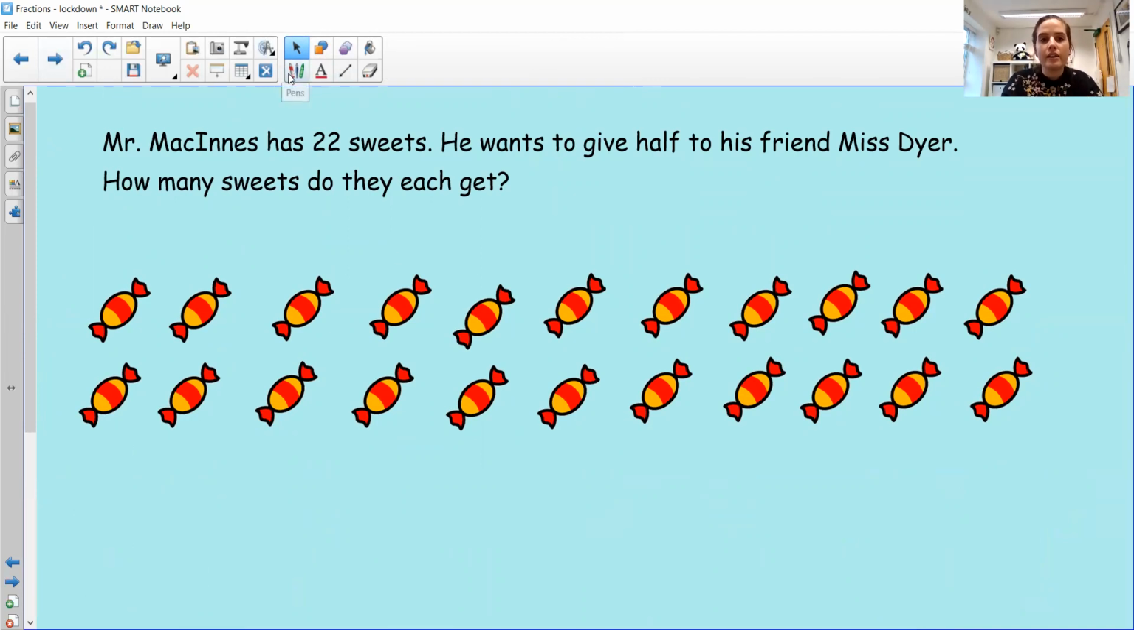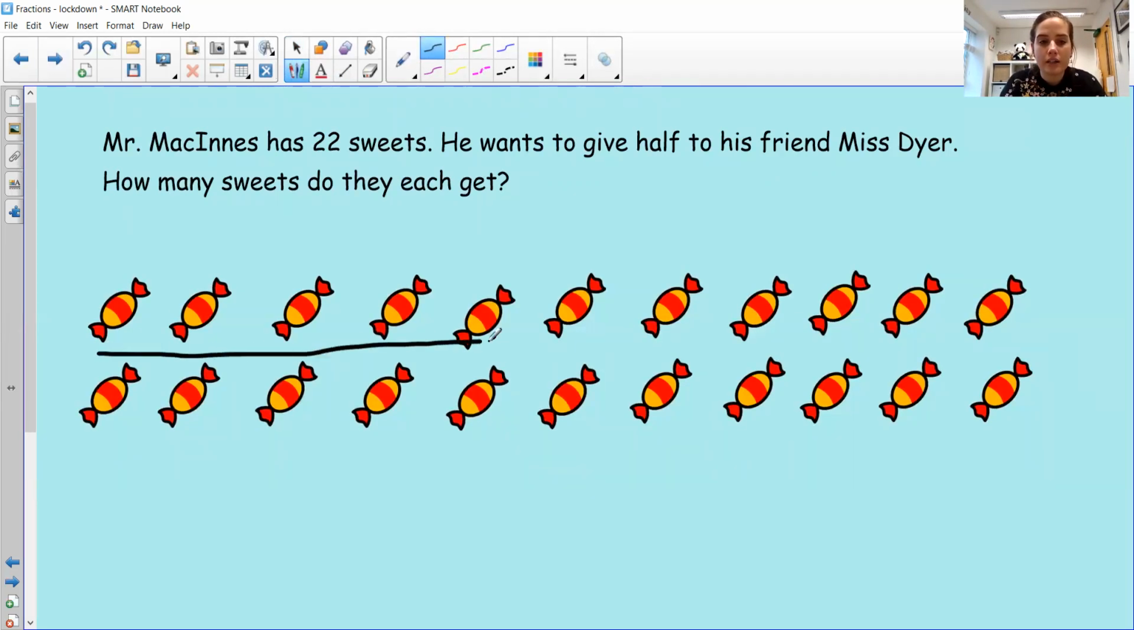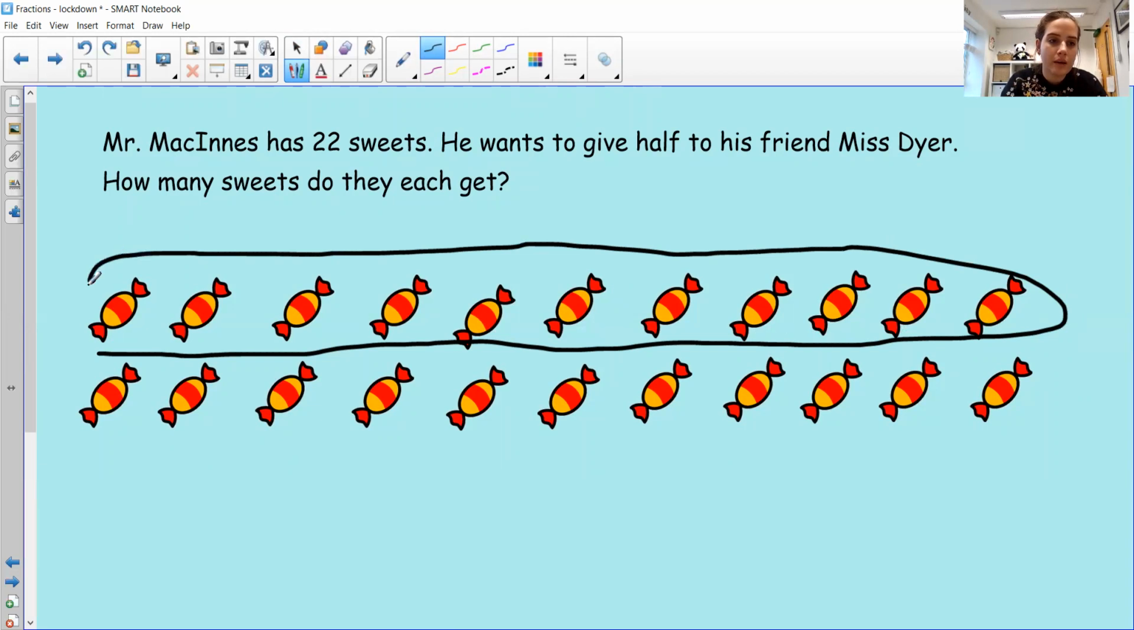Now, actually, just looking at this without even counting, I will double check my answer afterwards. I can see that I've got 2 rows. So I'm going to put a line straight down the middle. Might circle it actually. And I'm going to count because when we're thinking about half, we have 2 parts, and I know that I've got 22 in total, and Mr. McInnes wants to give half to me, so that's my half at the top and this is Mr. McInnes's half at the bottom,